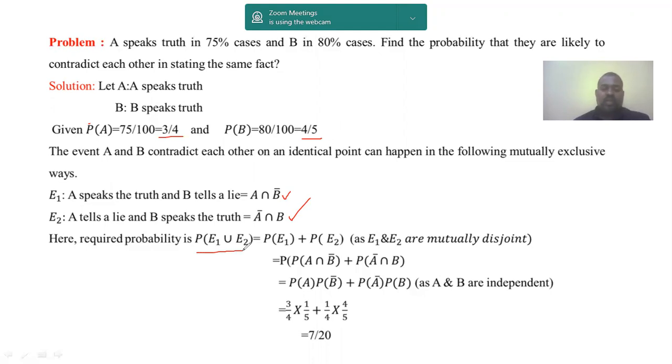we know that the probability of E1 union E2 is equal to probability of E1 plus probability of E2 minus probability of E1 intersection E2. But here in this case, the two events are mutually exclusive, so we don't have the term E1 intersection E2, or else we can say there is nothing common between event 1 and event 2. So the intersection of E1 and E2 is equal to 0. That's why we are ignoring the term. So probability of E1 union E2 is equal to probability of E1 plus probability of E2.